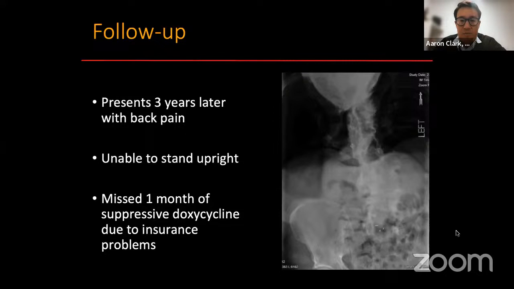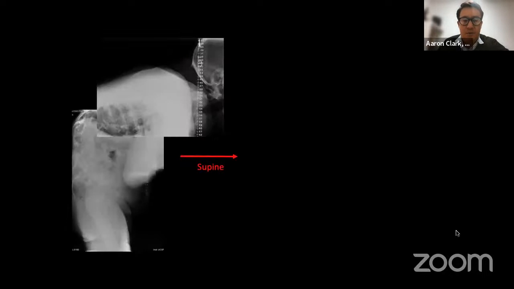And clearly there's a problem. On further questioning, he did notice that due to some insurance issues, he had unfortunately missed about a month of his suppressive doxycycline, which is kind of when all this stuff started. So it actually took two standing X-rays to fully